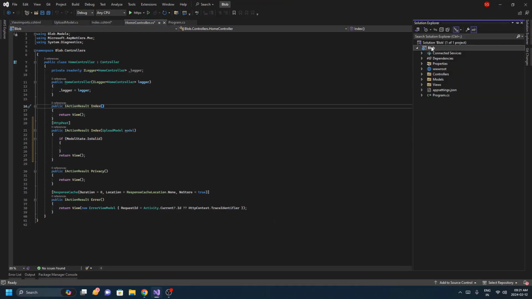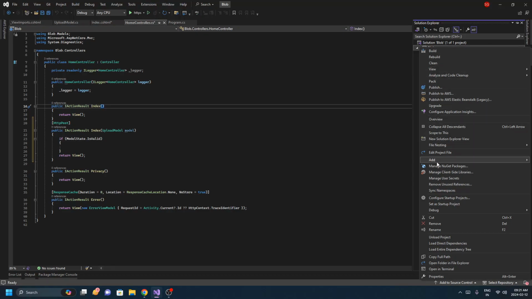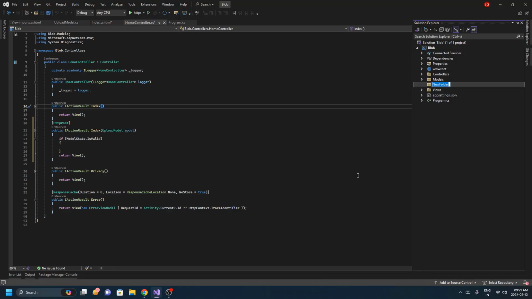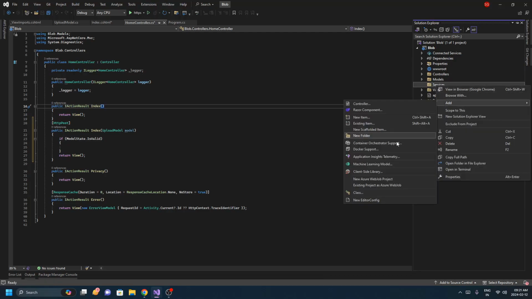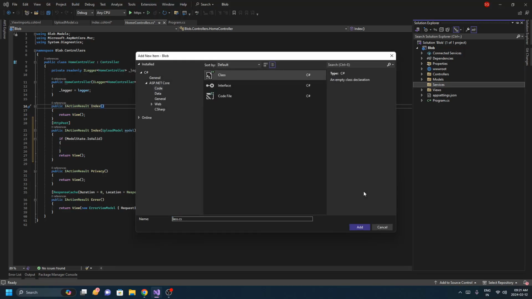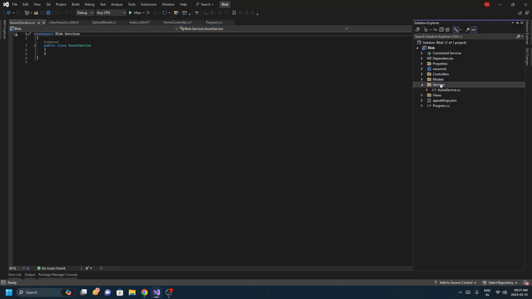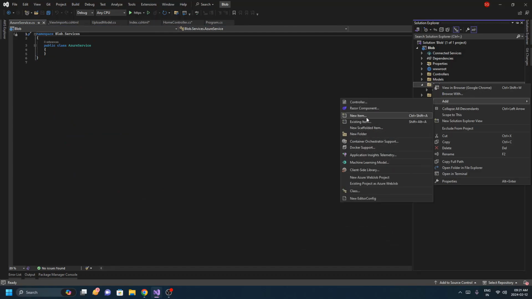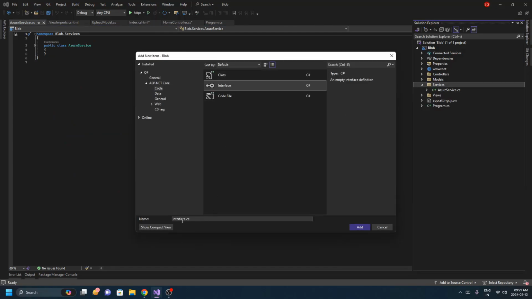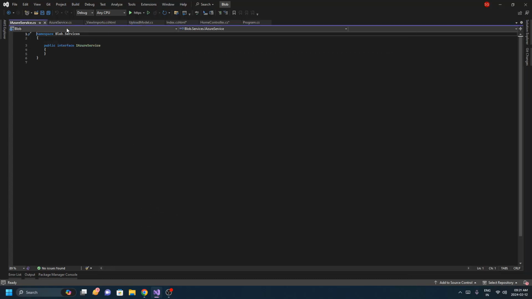So now we'll go to Solution Explorer, and here we'll be creating a folder. I right-click on it, click on Add, and then Add Folder. Here I'll add Services, and within Services I'll add a class, and I'll name it AzureService, and I'll also create an interface of it. I'll go to New Item, choose Interface, and here I'll be creating an interface that is basically IAzureService, and I'll inject this interface into this class,